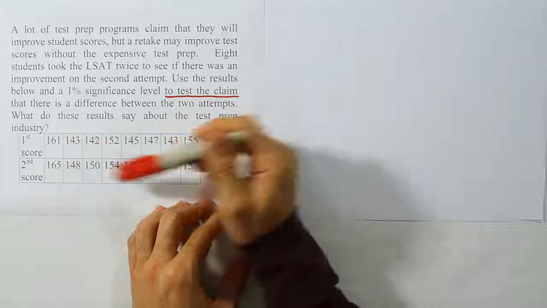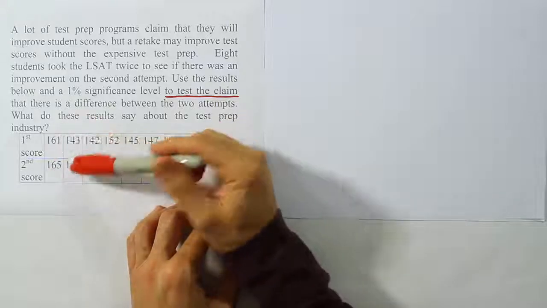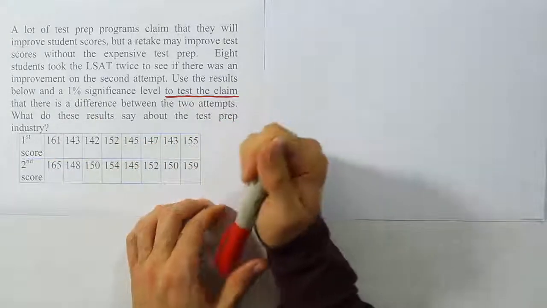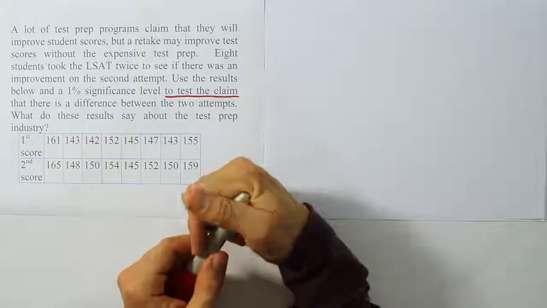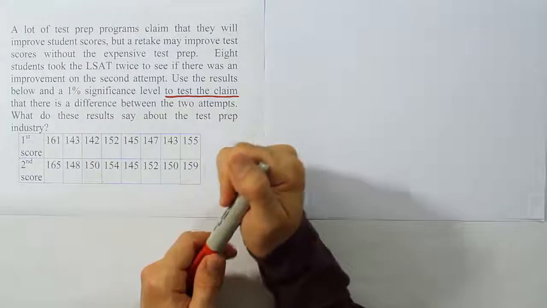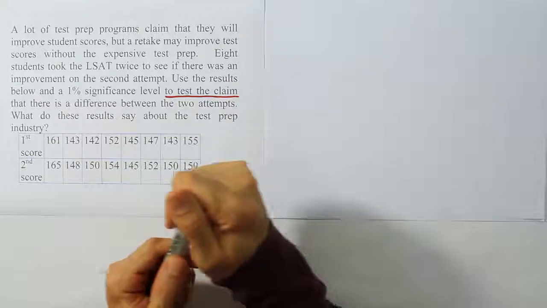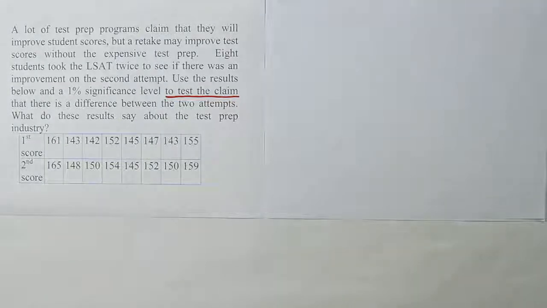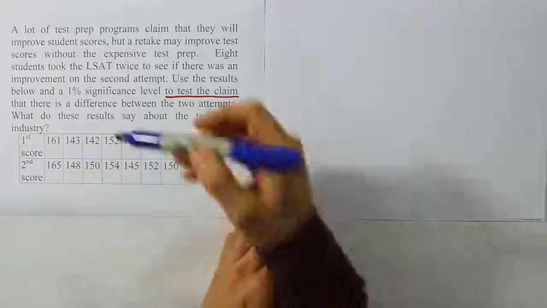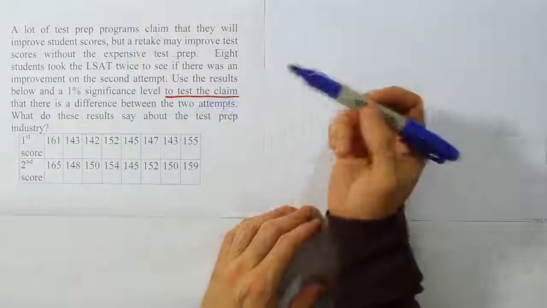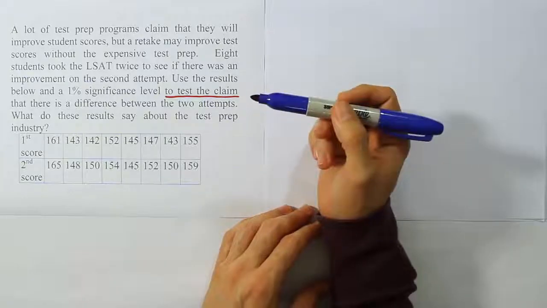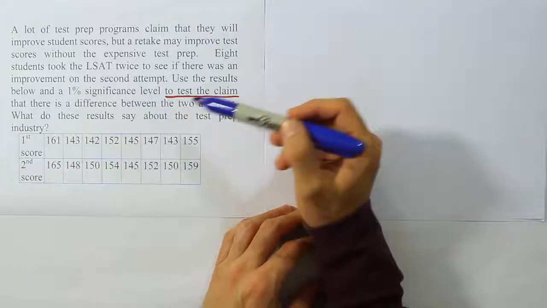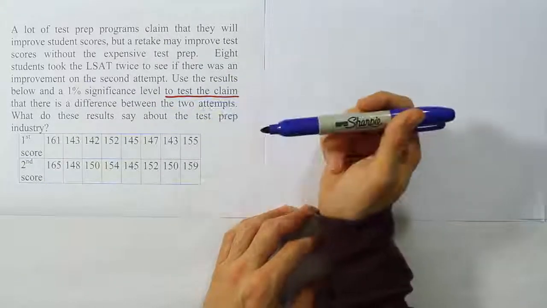Small sample size, the layout of the data, the fact that the data is dependent, that all indicates it's a small sample t-test and a dependent t-test at that. So now from here, once we realize that, we should just go ahead and begin to do the problem working from that point of view. So let's start with the idea that the claim is going to be that there's a difference between the two attempts. So all that's saying is that there's going to be some change, right? It doesn't tell us what kind of change. It just says there's going to be a difference between them.